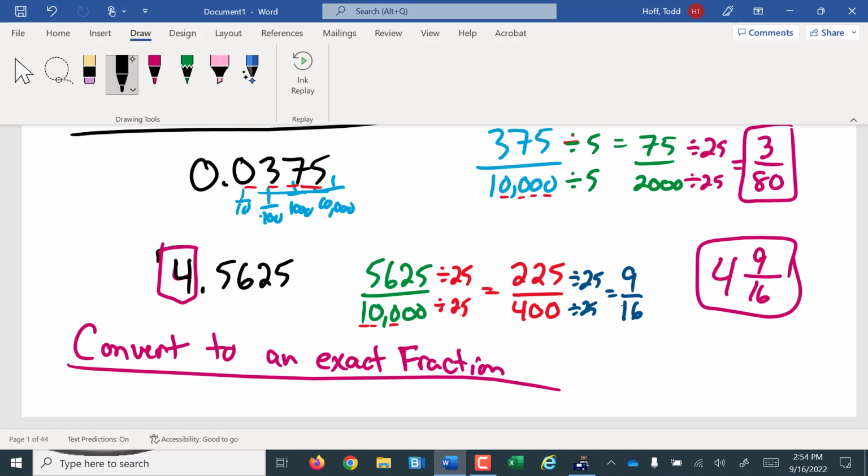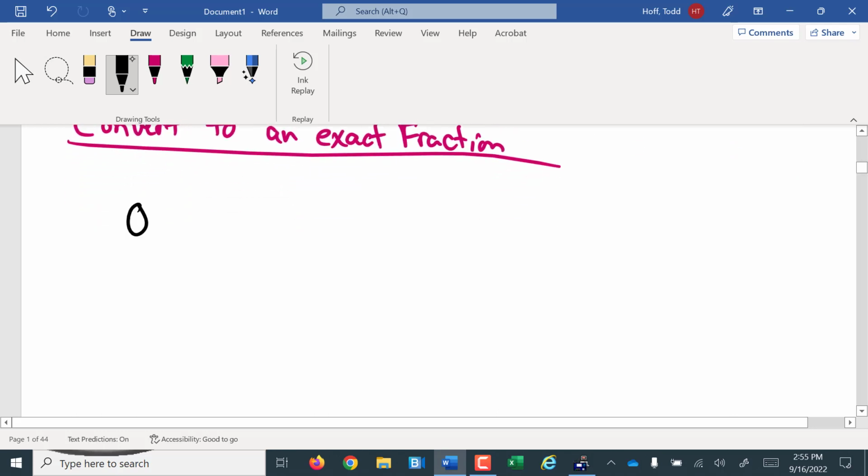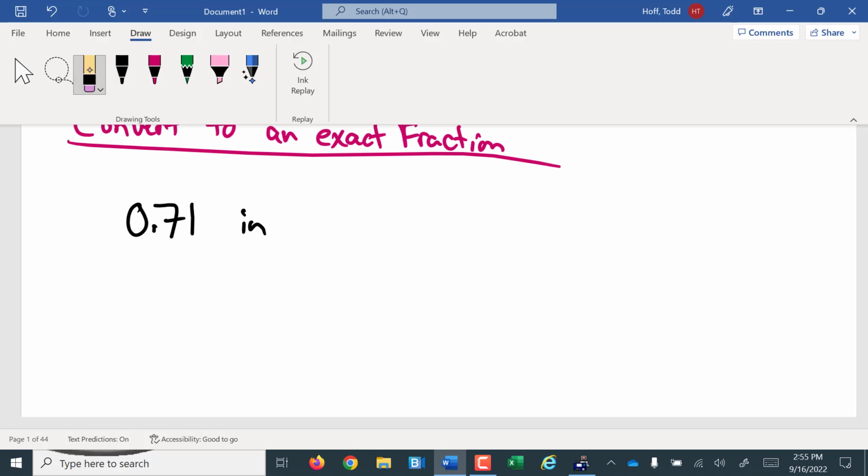But in practical applications, especially in wood construction, 3/80 is not on this tape measure anywhere. 9/16 is, but many times, if we try to convert to an exact fraction, we're going to get a number that's really not useful to us. For example, if I have 0.712 inches, and I want to convert that into an exact fraction, well, that'd be 712 over